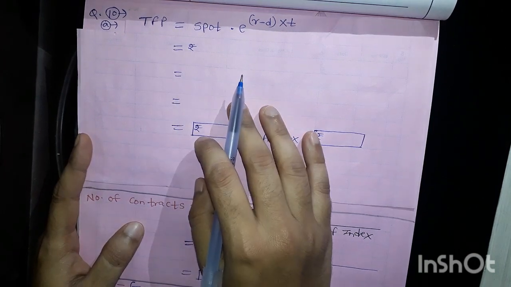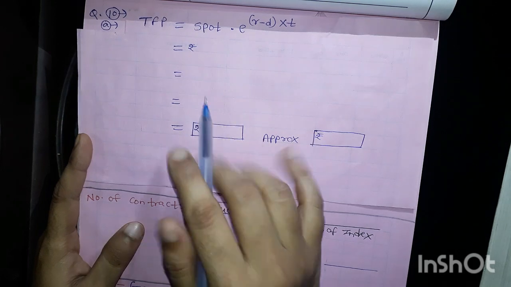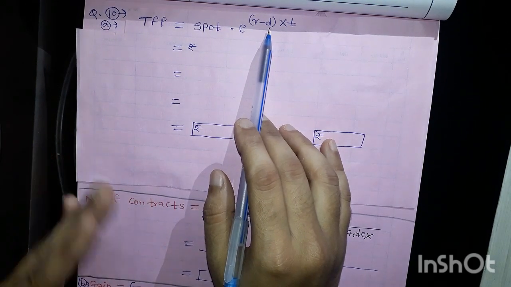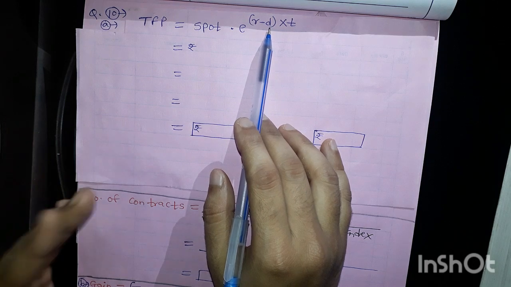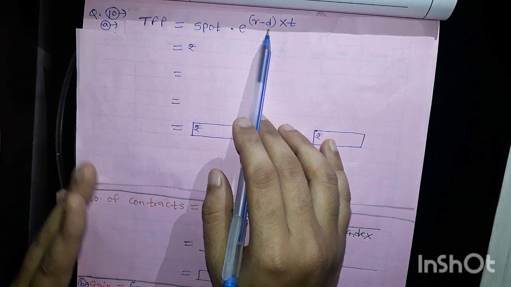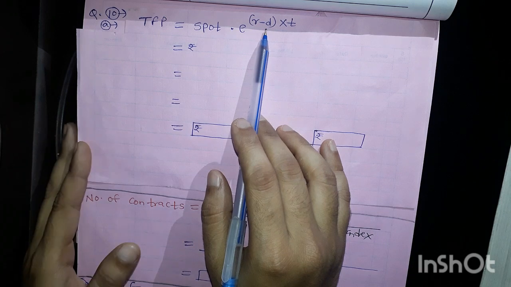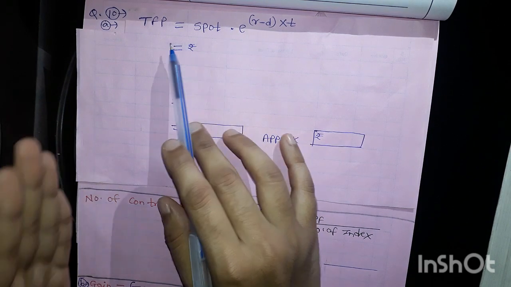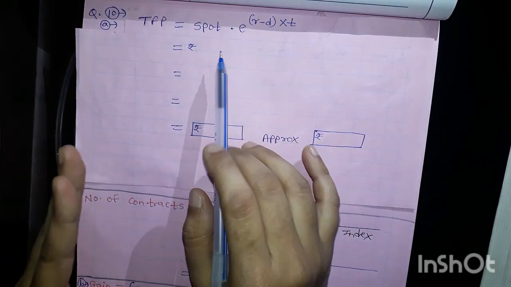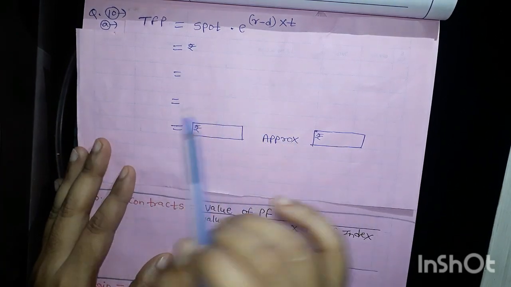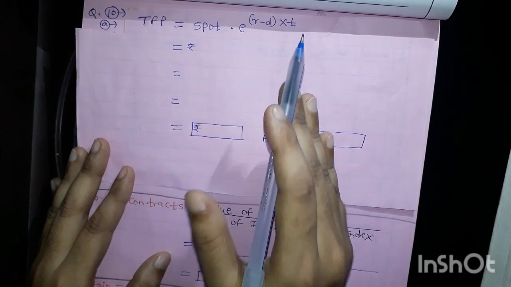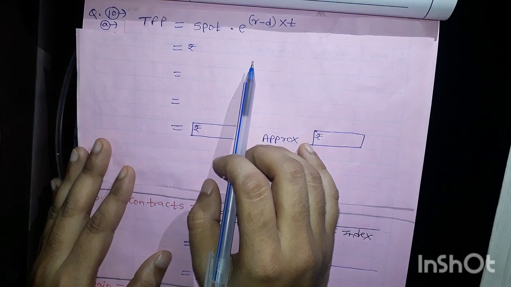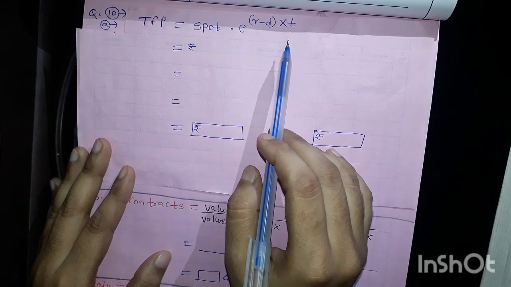First of all, we have seen the formula, that is normal formula, spot multiplied by e^RT. This is the formula without dividend. Okay, I will give you all the formulas after completing this part, that is futures and forwards. After that we calculated the theoretical forward price along with the dividend. In that, if dividend is there, then we will deduct the present value of dividend. So formula was spot minus present value of a dividend multiplied by e^RT.